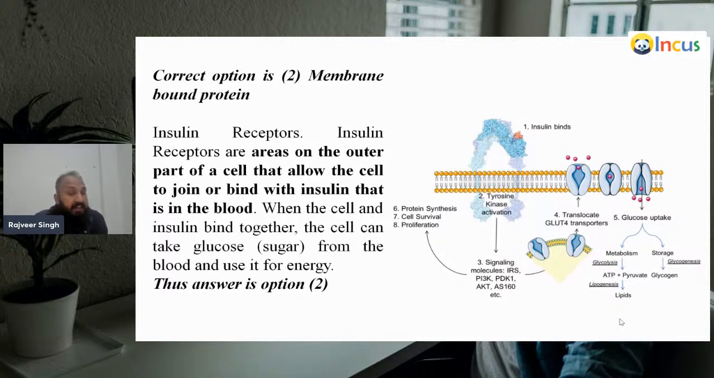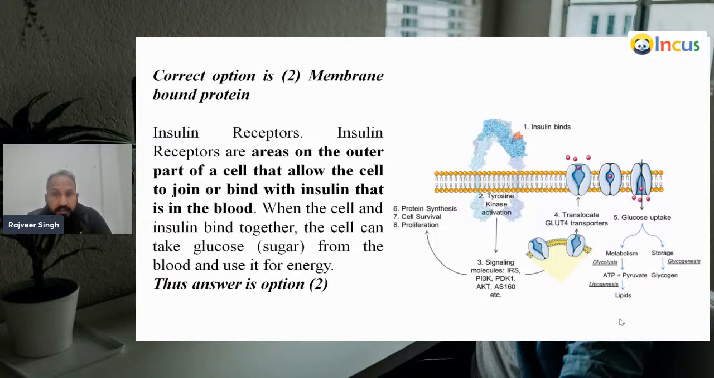When the cell and insulin bind together, the cell can take glucose sugar from the blood and use it for energy. So we choose the answer, the second. Then after, next one, our answer is the